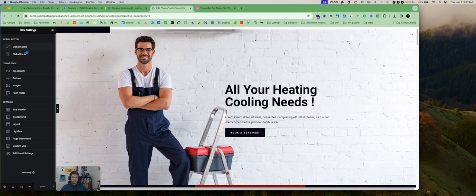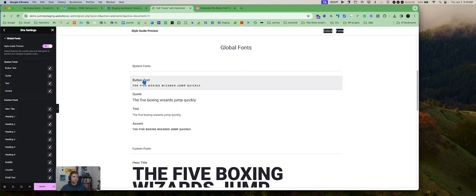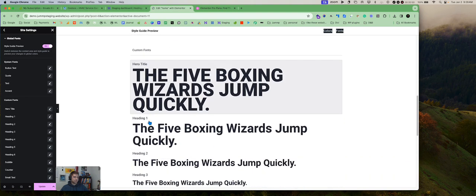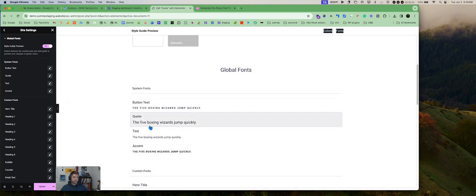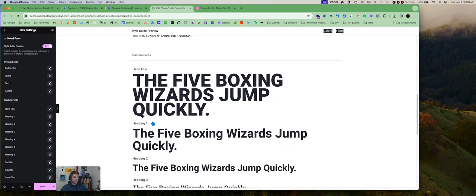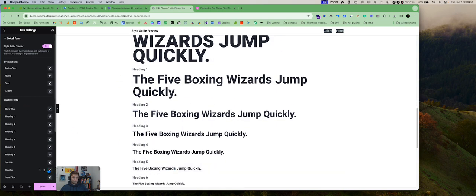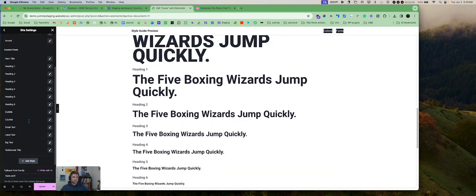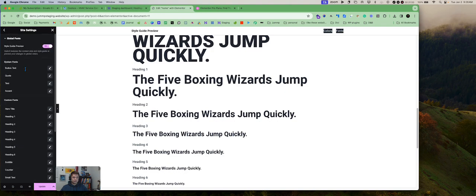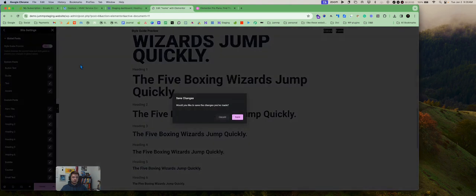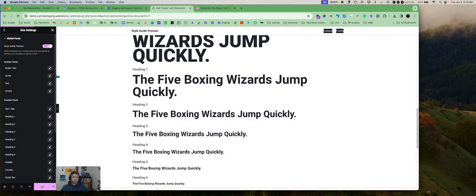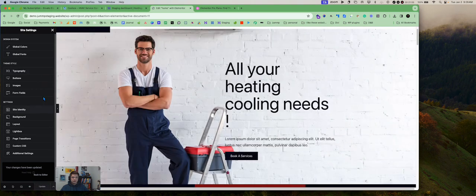Go back. Say you wanted to change your entire font of the whole site too. You can go in here and choose any font style that you want. It's fully customizable. You want to take a look and see all the options that you have within this. We're going to hit save. Now that we're already back in here in the site settings, if you want, you can jump into, let's do